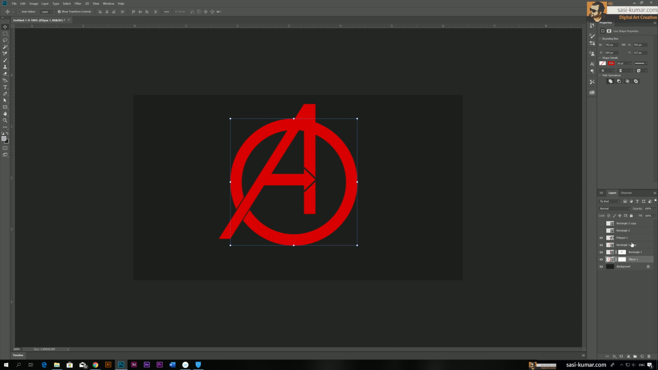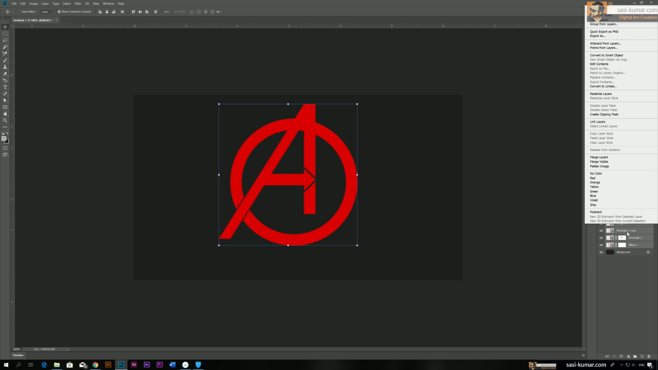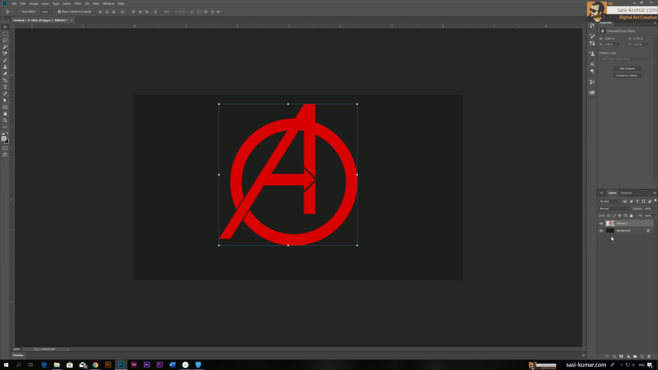So now we select everything. These two rectangles we don't need, so we delete them, and select everything and right click, make it a smart object, convert to smart object. Okay, so now make one copy, Control J, and Control J will make a copy of this layer. So we have two layers here, and select the new layer you created and apply a layer mask,